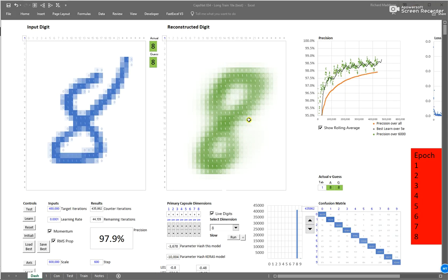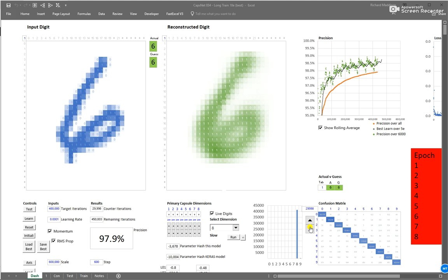And it has this really interesting idea of entities and components within the network that build up to higher levels, and the pose or orientation of these leads to a guess of what high-level capsules look like. In this case, it's MNIST. It's the handwritten digits from Yann LeCun, and